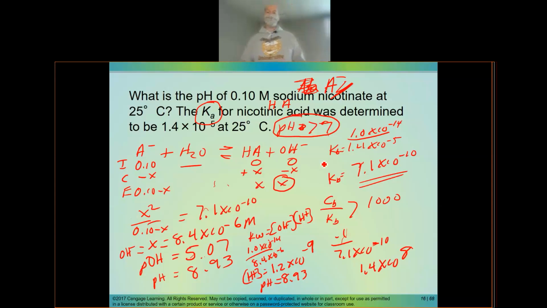So it doesn't matter if you use the Kw to find your concentration of H plus and then find the pH, or if you go to pOH and know that your pH plus your pOH is 14. Either one will give you the same pH answer of 8.93. So you got to keep all of these things in mind. X is not always H plus. X is not always OH minus. H is not always H plus or OH minus. You have to know what X is in every one of these